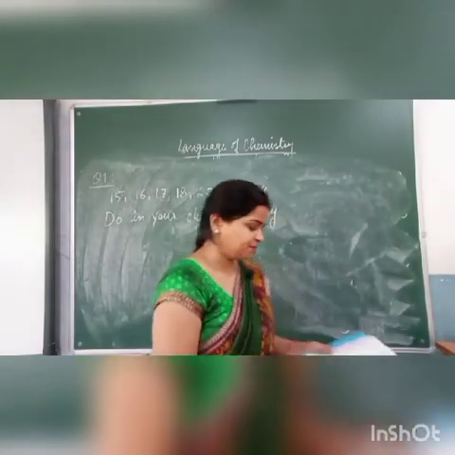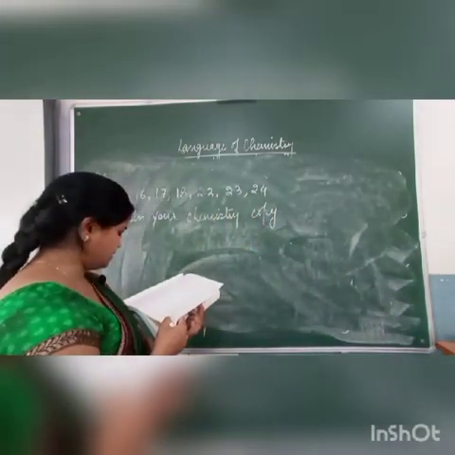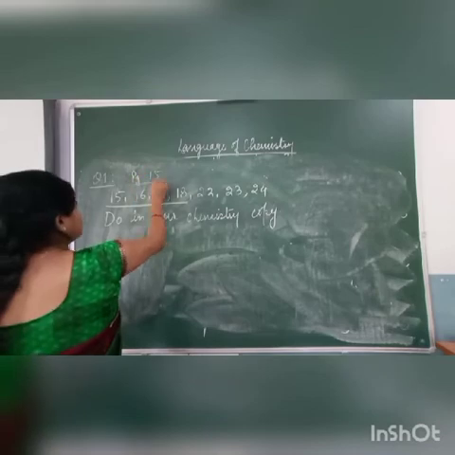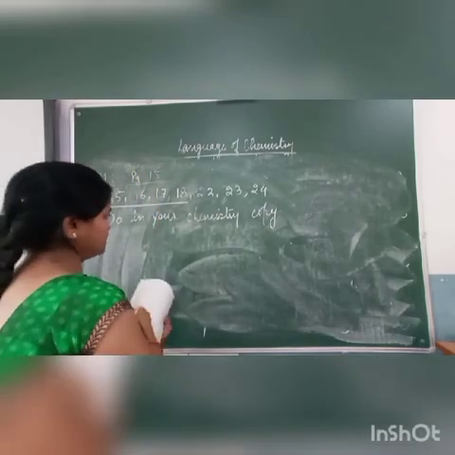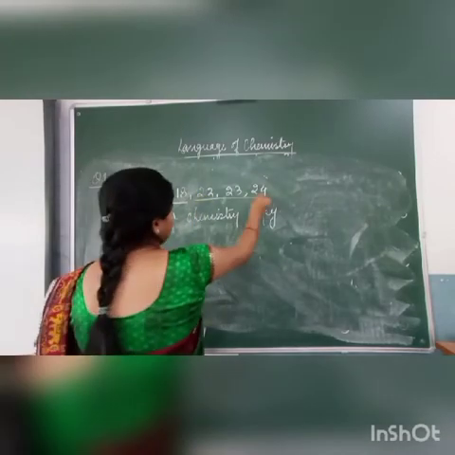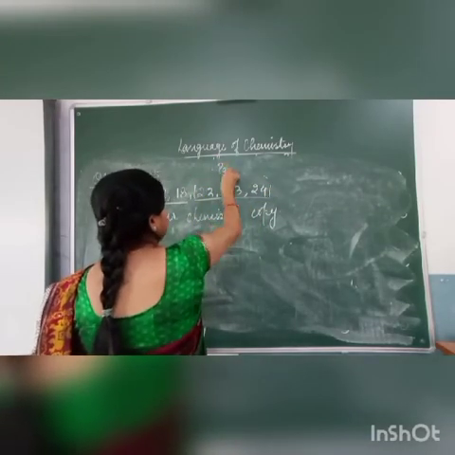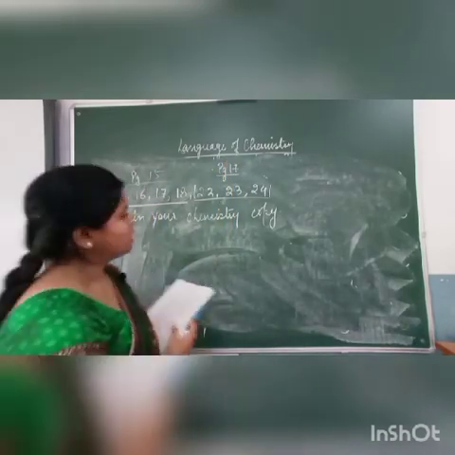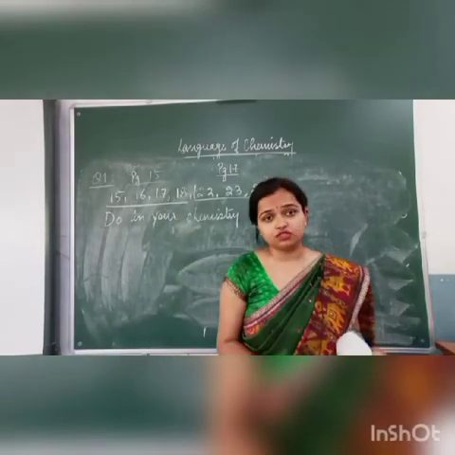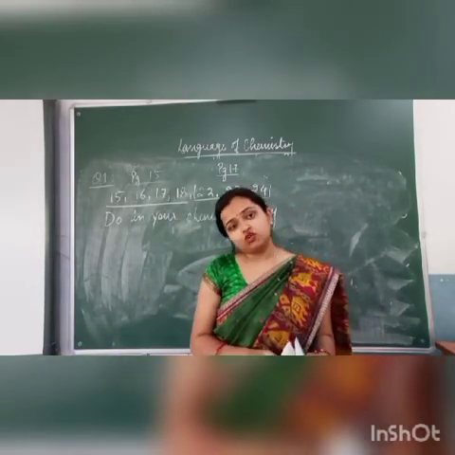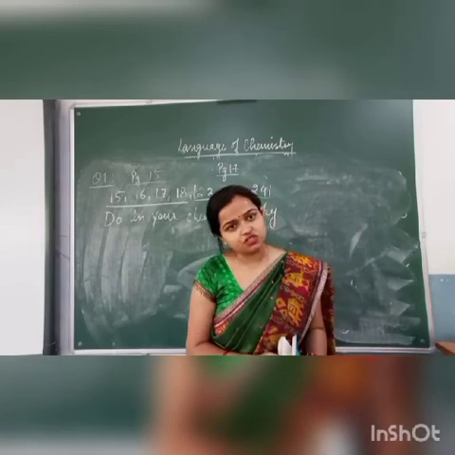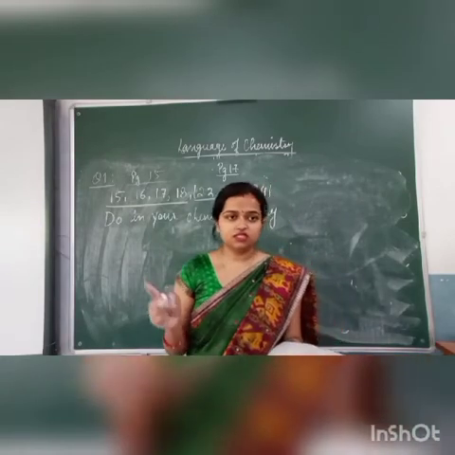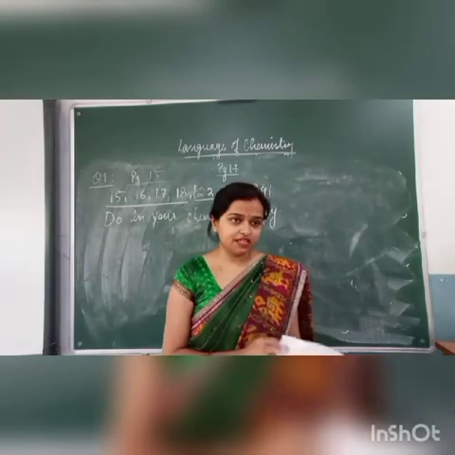Now on which pages are they given? Question number 15, 16, 17 and 18 are given on page number 15. Okay, and 22, 23 and 24 are given on page number 17. So please do all these questions in your chemistry copy. Please try to go through both the videos, the previous video and this video, and it will be more clear to you. Again, if any queries remain with you, please ask in the given video so that we can clarify it.